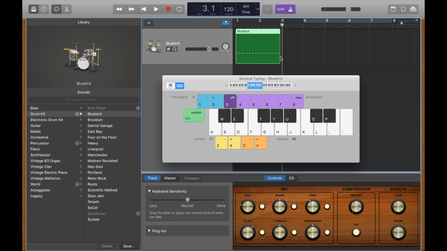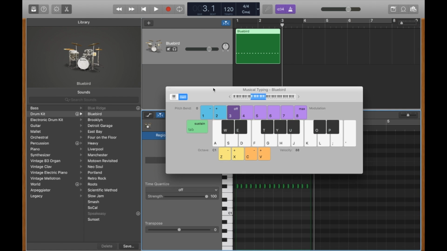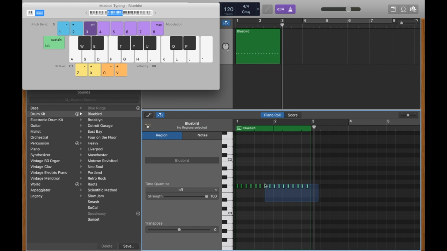Great, so now we have that as a starting point, but you may have noticed that because I'm using a keyboard, the timing's kind of clunky. I will have played some notes too early and some too late, but again, because MIDI is very flexible, we can fix this quite quickly and easily. So again, if I go and open up the MIDI editor, either by double-clicking this region or clicking the editor tool here, the scissors, and I'll just move this tool again,